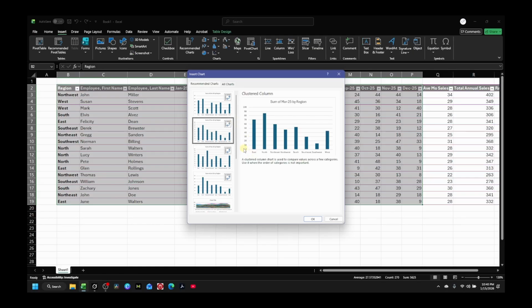So here, the regions could be the vertical axis, and sales could be the horizontal axis. Nevertheless, maybe nothing here fits